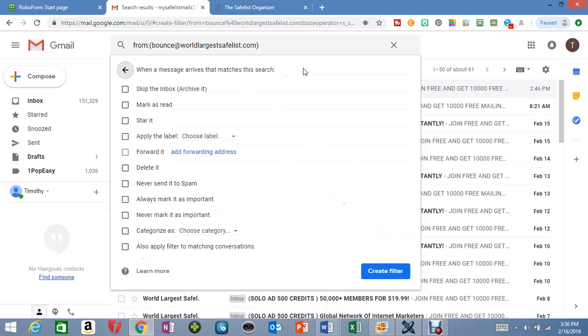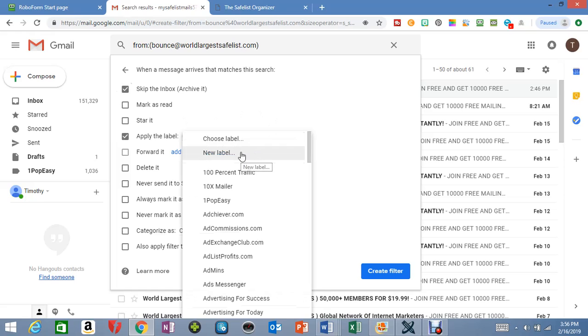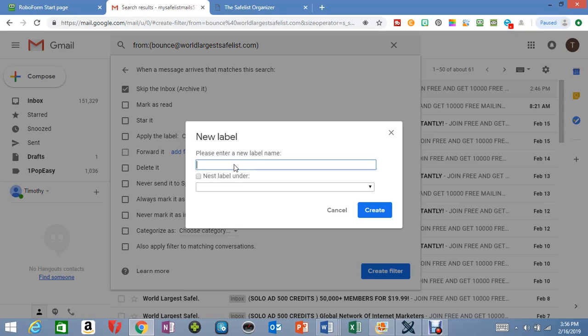Then it's going to ask me what I want to do with this. Well, I want to skip the inbox. And I want to apply a label. And it'll say choose a label. Well, I want to make a new label for this. And here I could put that address, but I want to make this congruent with what I've got. So I'm going to put